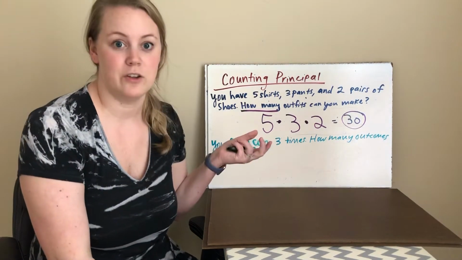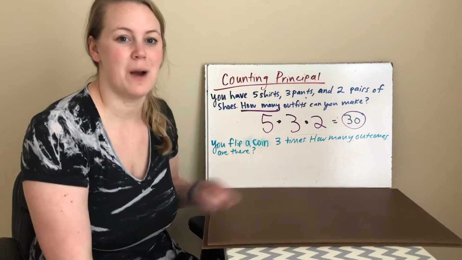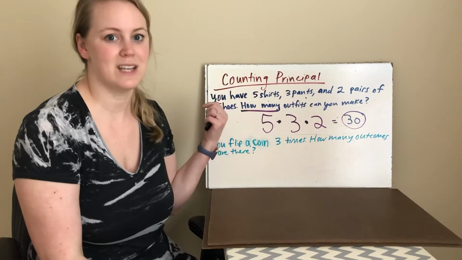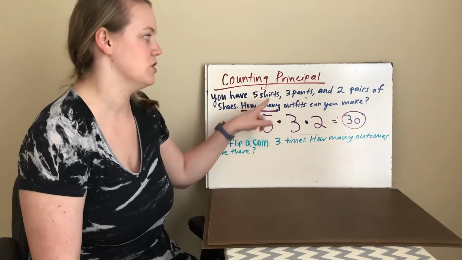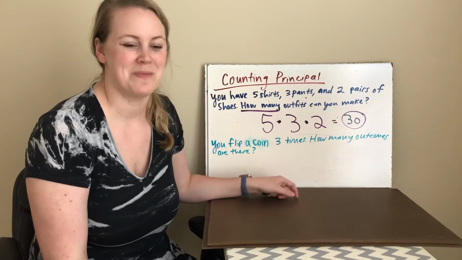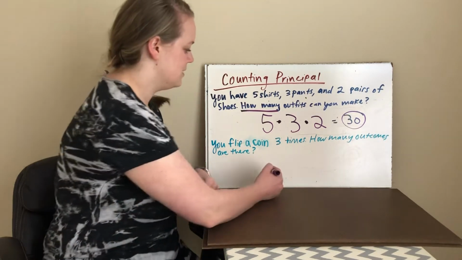The next one's going to look a little different. We want to find out, we flip a coin 3 times, and so how many different outcomes are there? And it's a little different because we don't have the categories like what we did before. Before we had shirts, pants, and shoes. But that's okay, we can still do it. How many times are we going to flip the coin? We're going to flip it 3 times. So we've got